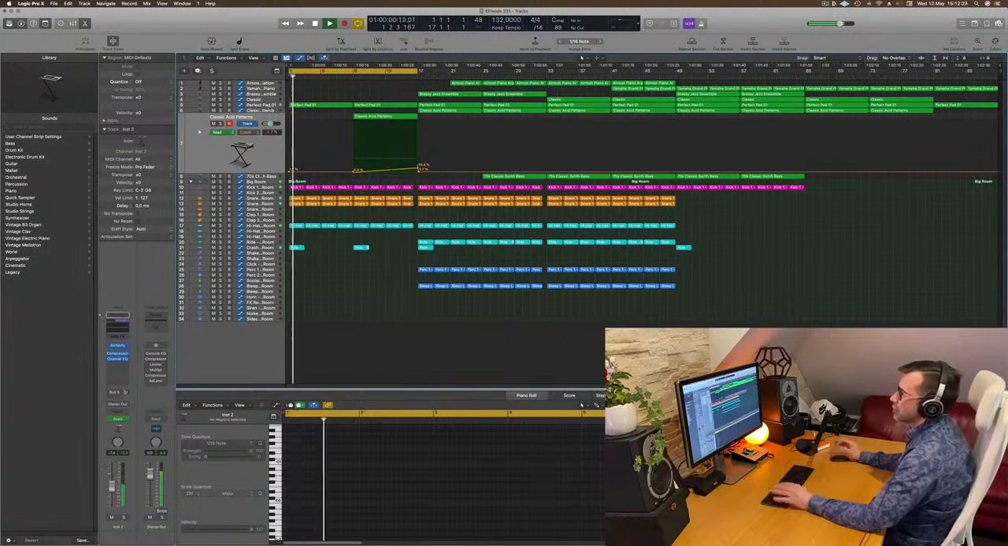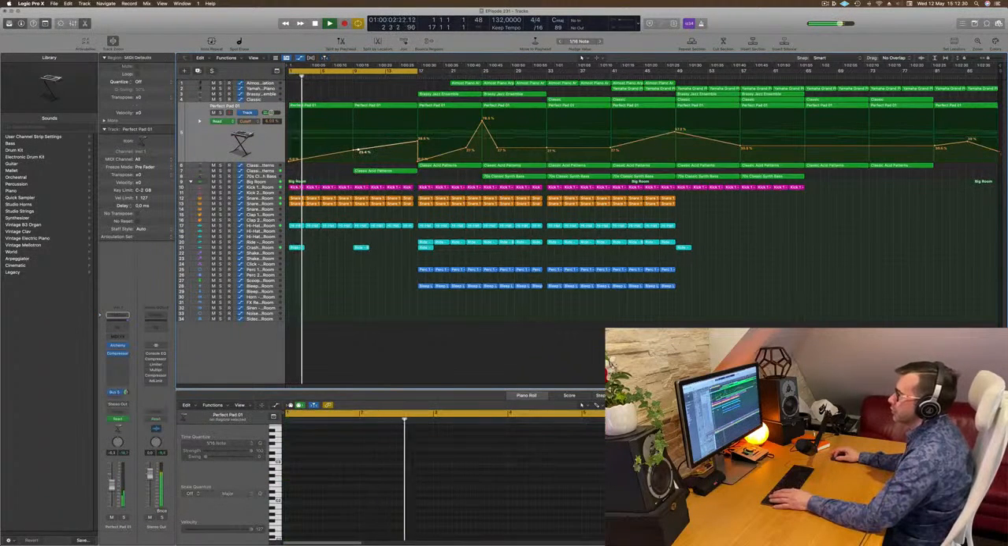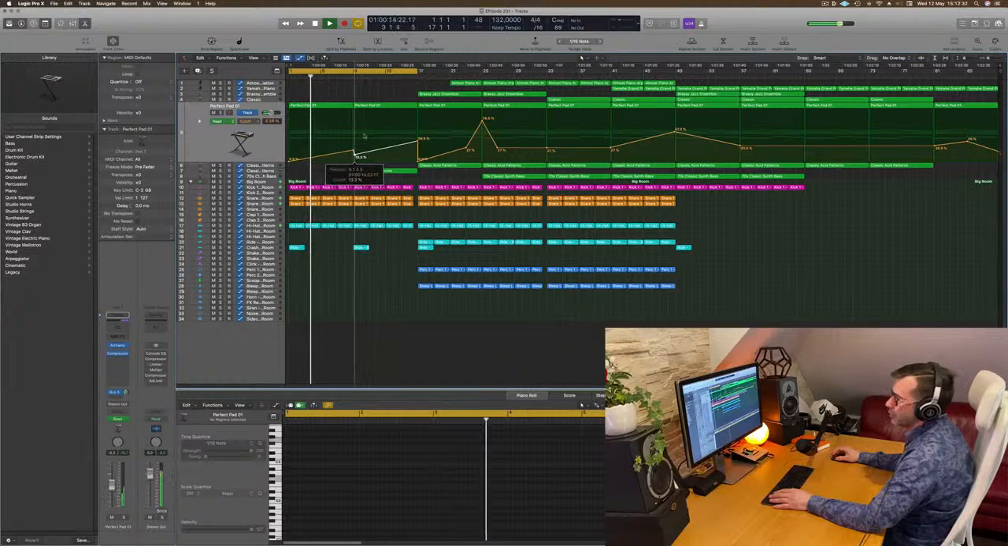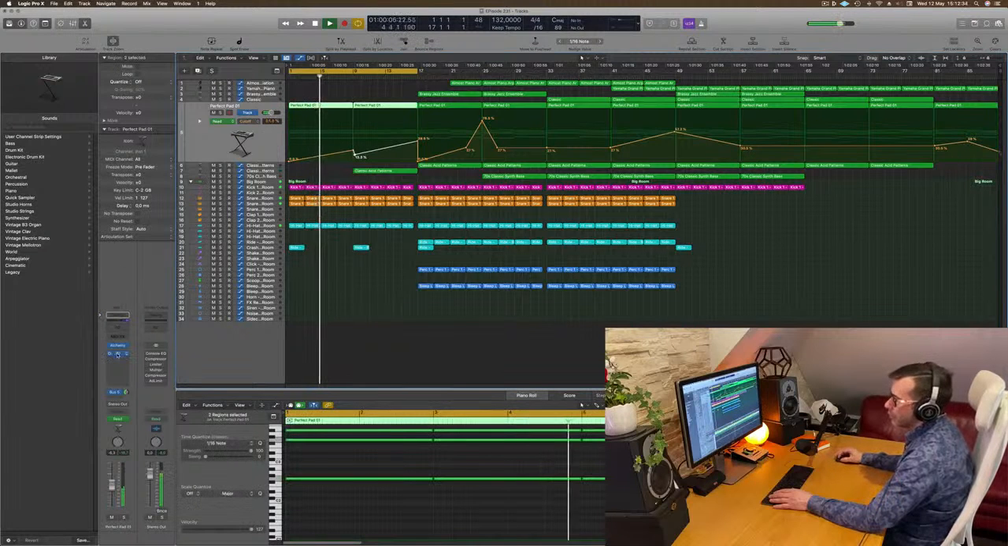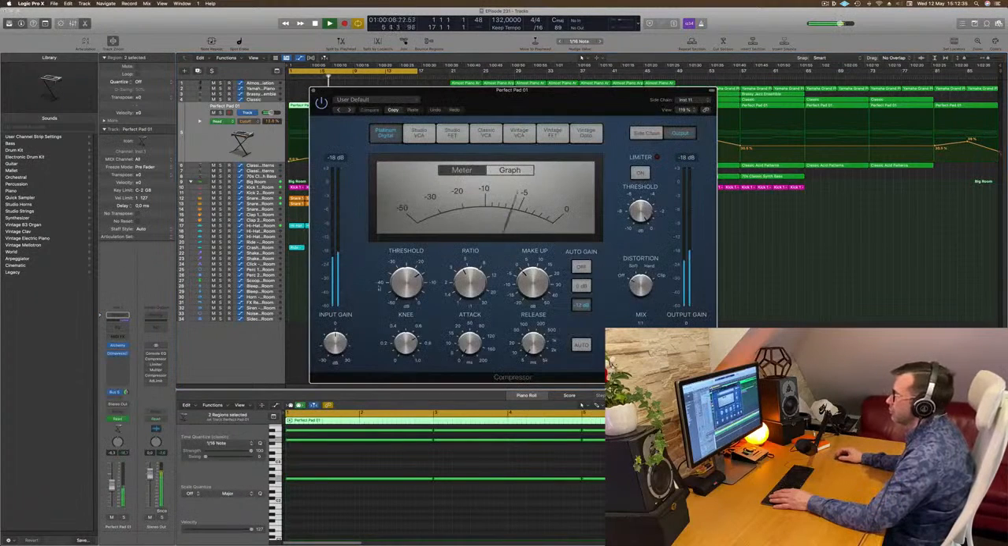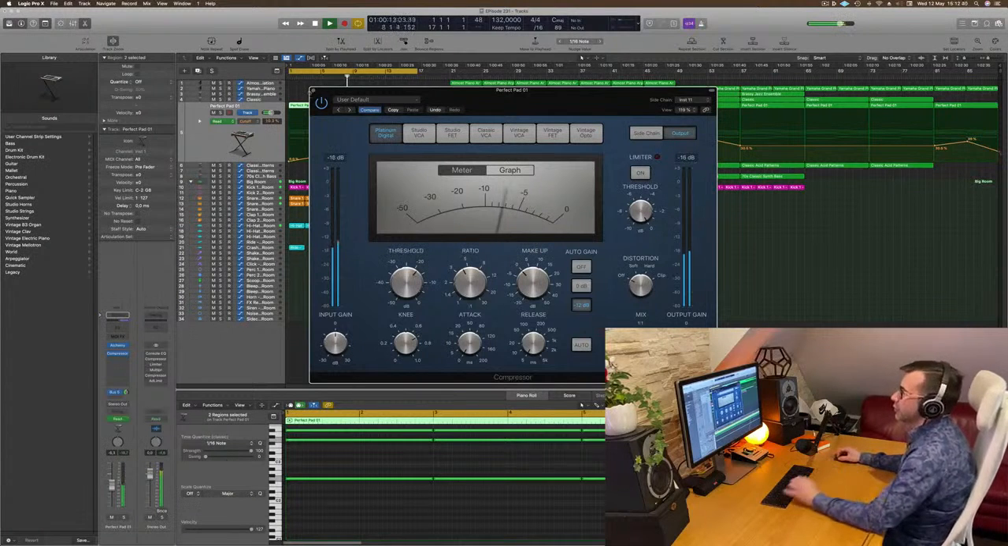I'm gonna check this pad again here. I think it's going a bit too high. I'm gonna keep it in the back. The compressor doesn't seem to be... I really want to feel